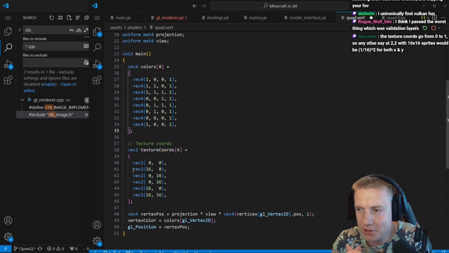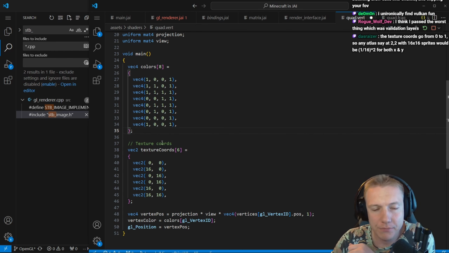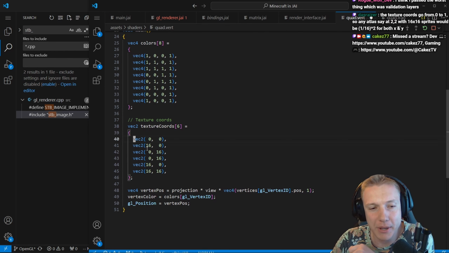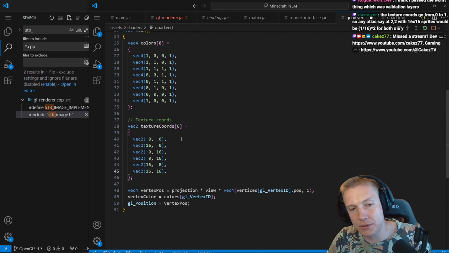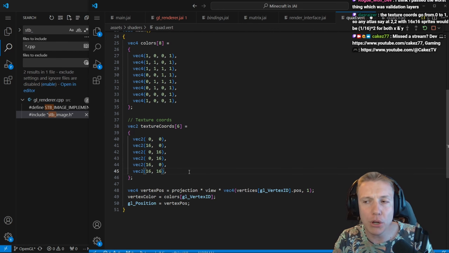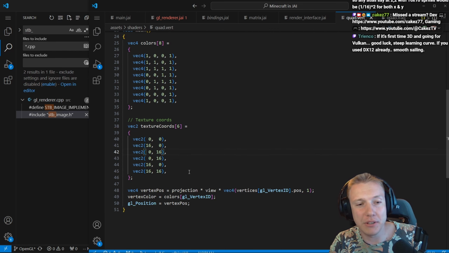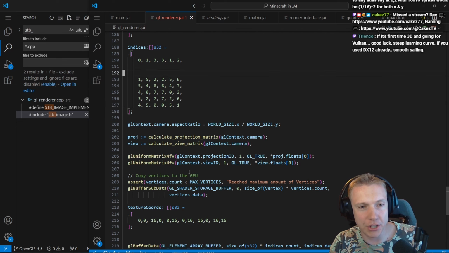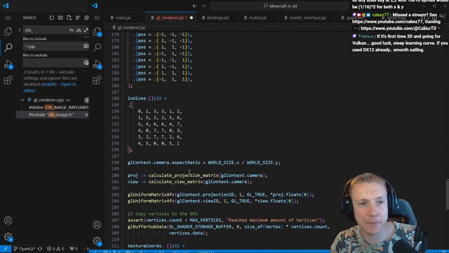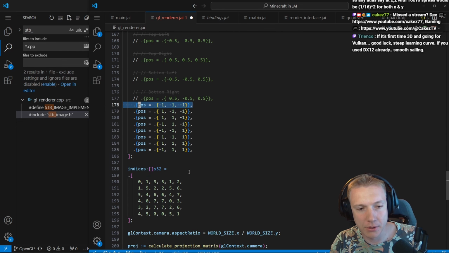So on any atlas, say 2 by 2, with 16 by 16 sprites would be 1 divided by 16 times 2 for both X and Y. Yeah, but I'd rather have these, because then it's easier for me. Because I know exactly the coordinates. I don't have to do any shenanigans. It will work, trust me. I just need to figure out the index into the coordinates. So essentially for every single one of these points, which are dependent on, I guess, the indices,